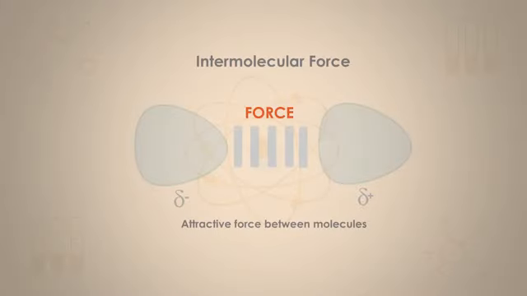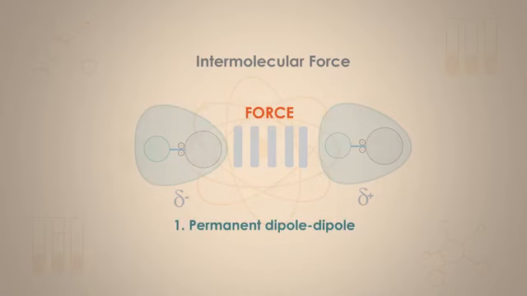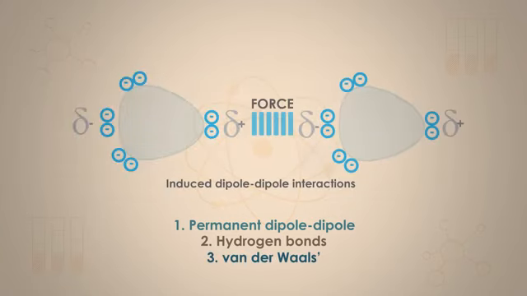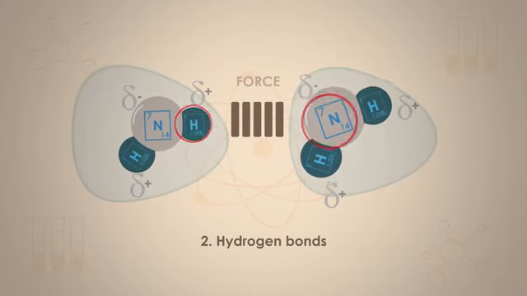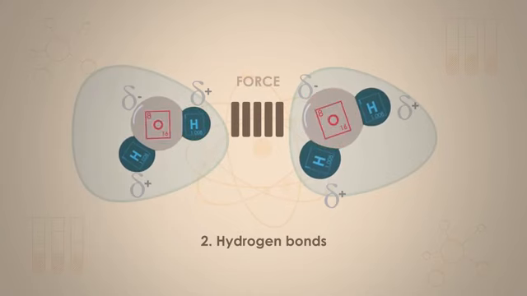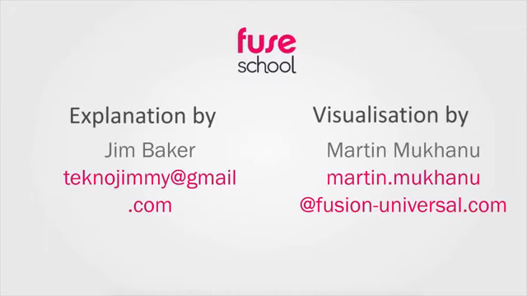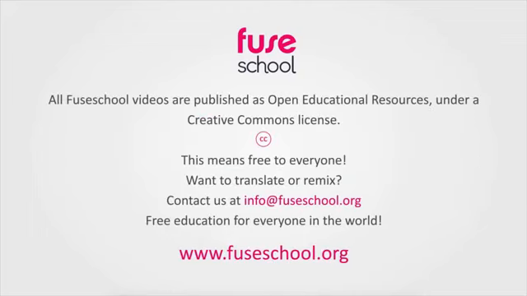So, to recap, an intermolecular force is simply an attractive force between neighbouring molecules. The three common intermolecular forces are 1. Permanent dipole-dipole forces, 2. Hydrogen bonds, and 3. Van der Waals forces. Hydrogen bonds exist between a hydrogen atom on one molecule and a fluorine, oxygen, or nitrogen atom on a neighbouring molecule. And a fluorine, oxygen,